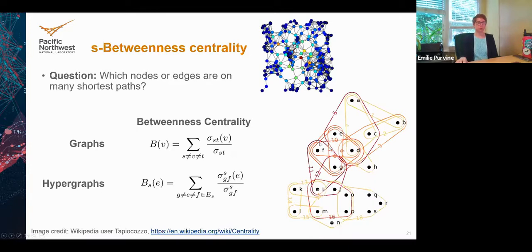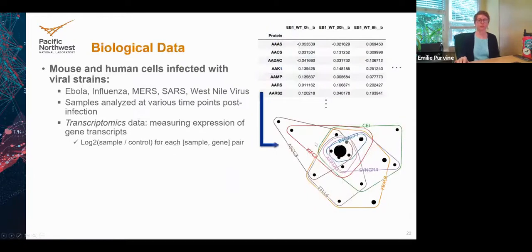So one example where we've used this betweenness and closeness centrality recently is in biological data. Sort of timely, we were doing this project before the pandemic hit. We were using SARS data. And when we realized this pandemic was going to be a thing, we kind of ramped up our project a bit, realizing it might have some helpful outcomes for the current pandemic.